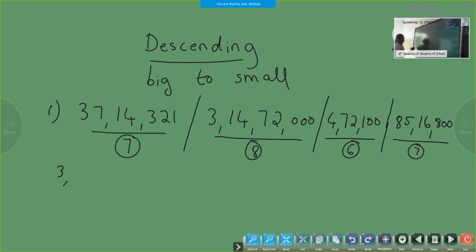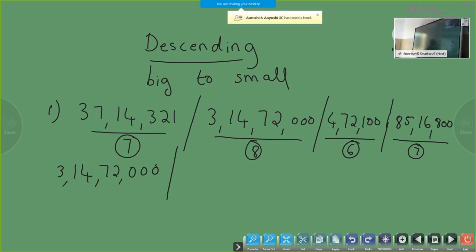Very good, 3 crore 14 lakh 72,000. 72,000 is the bigger one. I think you all understood. Jonisha is telling the answer. Are you hearing, all of you? Now coming to the next, second number in this group, which is the next bigger number. We have to find it from the numbers having 7 digits. Out of this, which is the bigger one? Jonisha, tell me which is the bigger one?